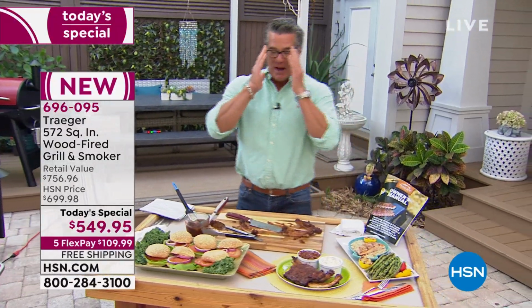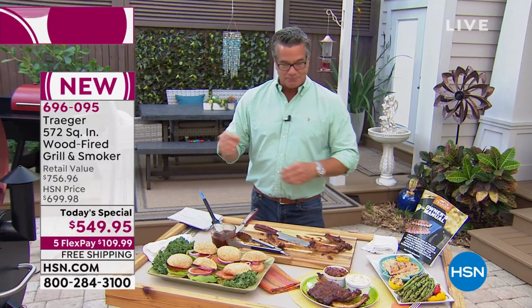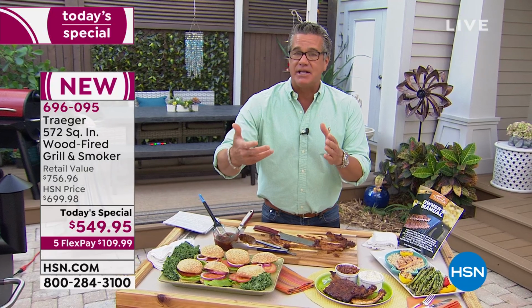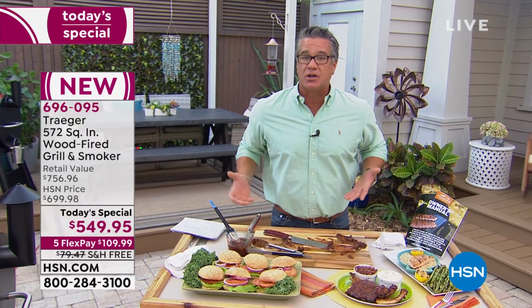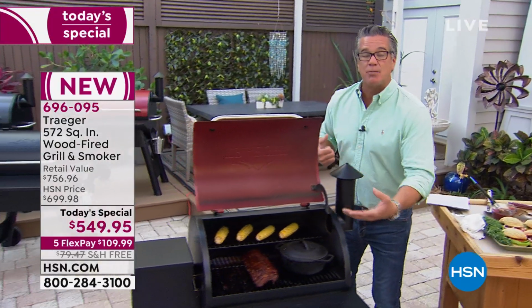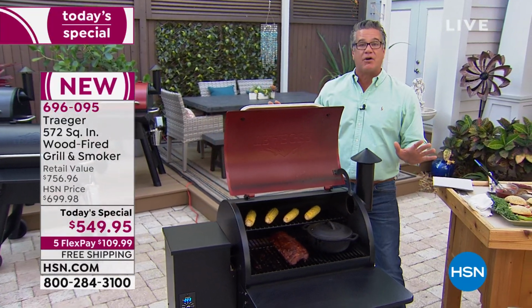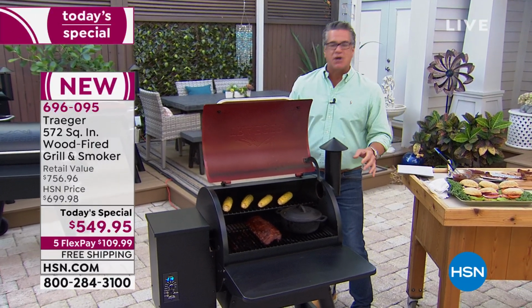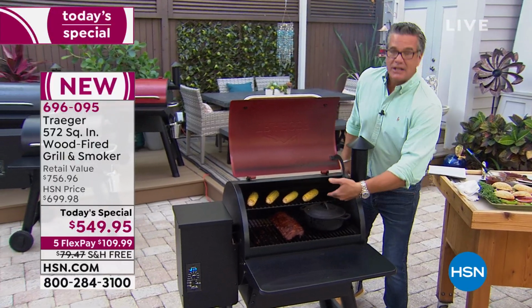Here's another thing I love about the Traeger grill and smoker. You can add flavor without calories. And that's a really big deal, especially for vegetarians out there. I am clearly not a vegetarian either, but if you like portobello mushrooms, zucchini, carrots, whatever vegetables you like, you can put them on there, and adding the smoke gives them a whole new level of flavor without having to add butter or oil or any of that other stuff. You can add seasoned salt and stuff,